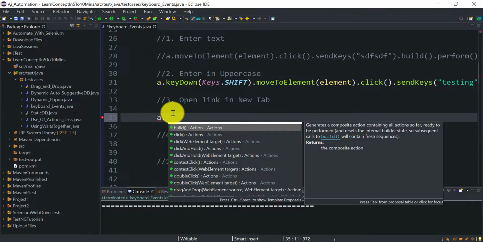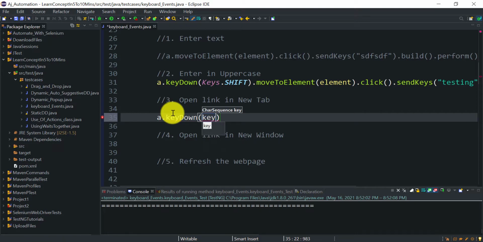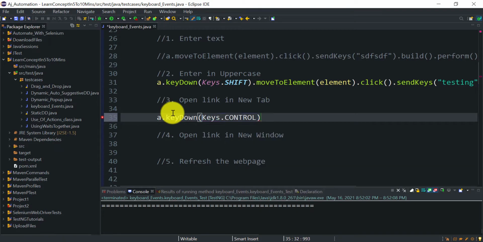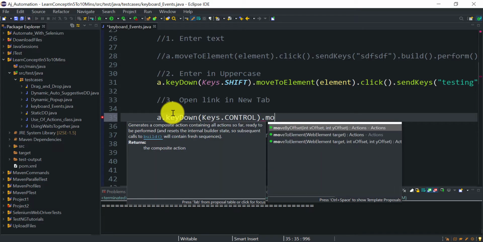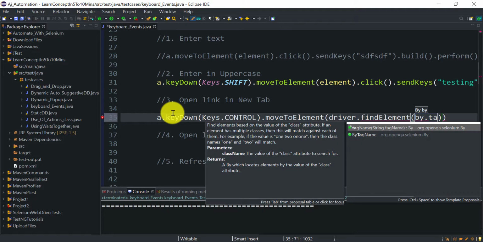So a dot, I will press the control key now. Keys dot control, okay, dot, then again move to web element, and I have to find that link now. So this will be driver dot find element, by dot tag name.